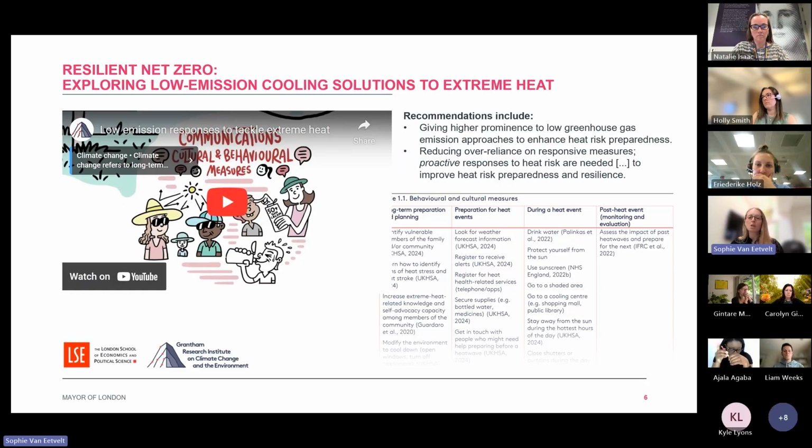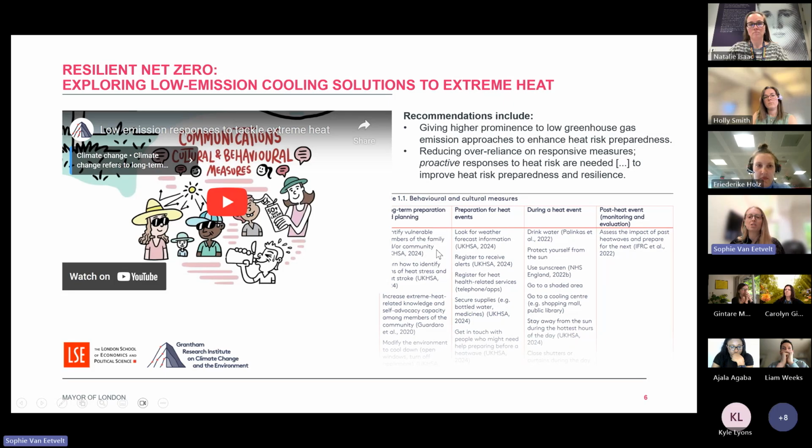Within the report that they've produced, you can see the table on the right. I just wanted to draw attention to what it shows. Sorry, the video is covering some of it. But what it does is it categorises the different measures that they consider as low emission cooling solutions. Some of them are institutional measures, some of them are behavioural, some of them are more technical, i.e. physical measures. It talks about what the